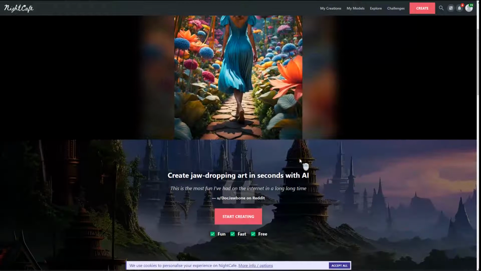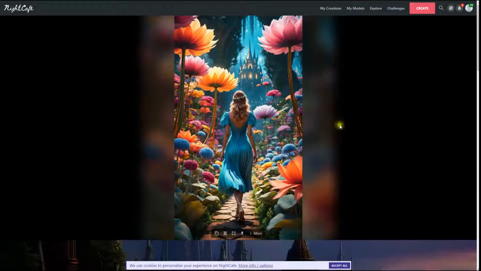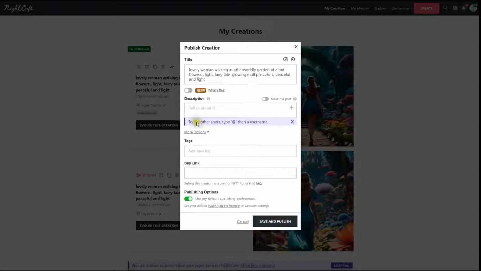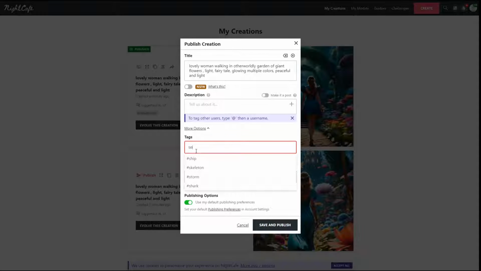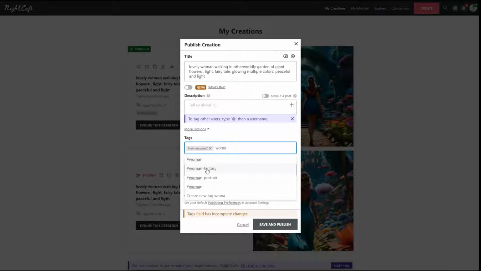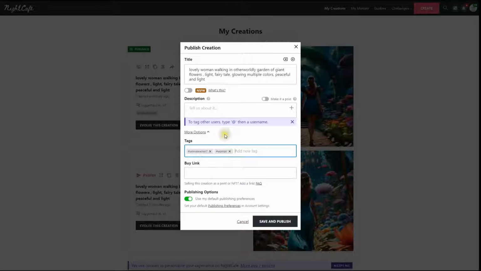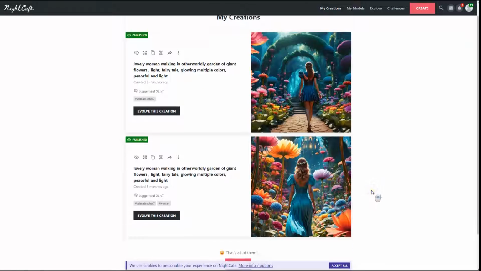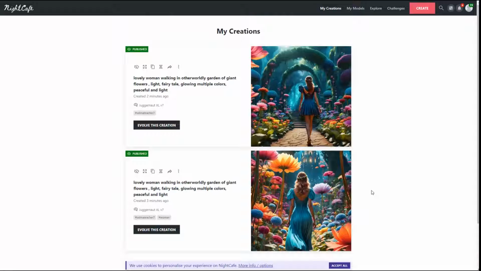On this one, now what I'm going to do is check it out. It's nice. So what I want to do is I'm going to publish this work by clicking on publish, and on the tags you simply type in the word and it'll come up at the bottom where you can actually click it to finish off your tags for you. So I have basically a number of tags there, and now if I'm happy with it, I'll click on save and publish, and then done. And now that's basically sent out to the world, to where others can actually comment on it and click on thumbs up.